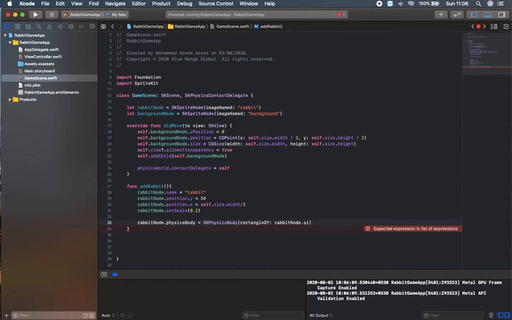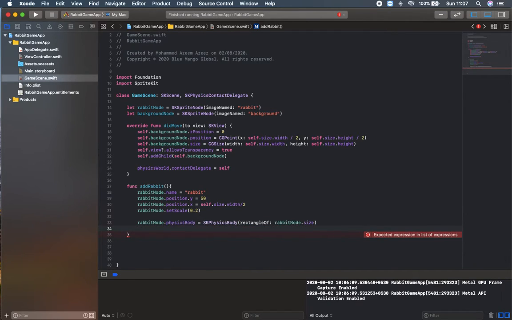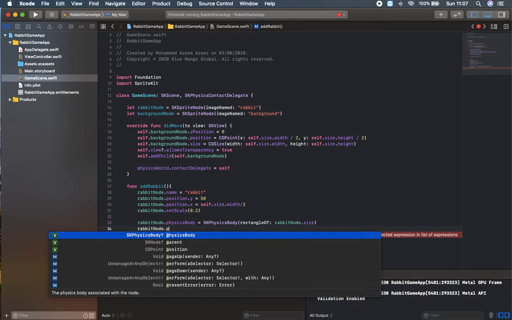This means when it is in physical contact, I don't need it to compress or anything like that; it will remain the same. So rabbitNode.physicsBody